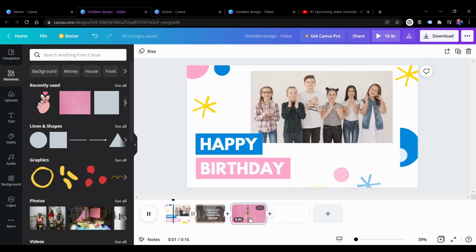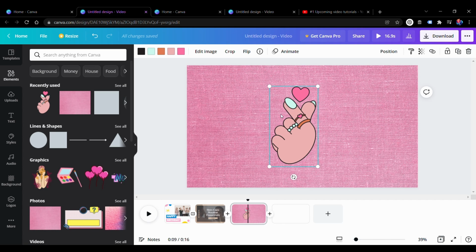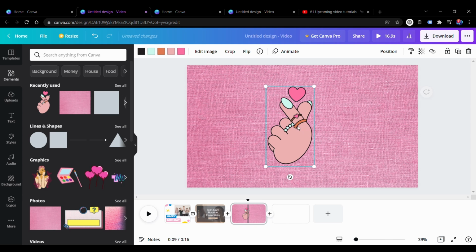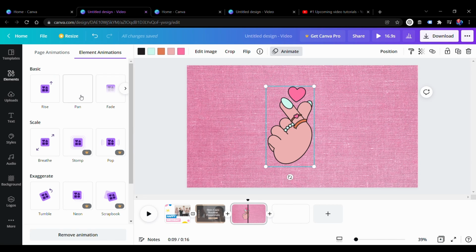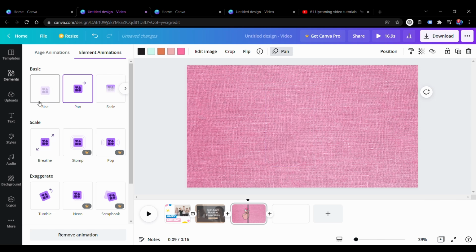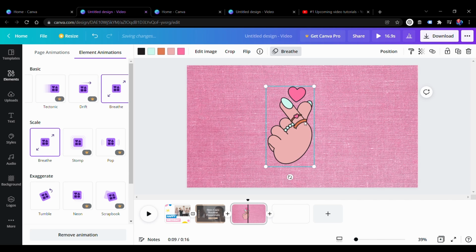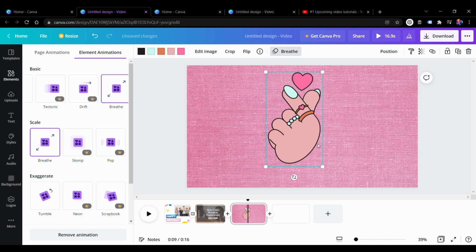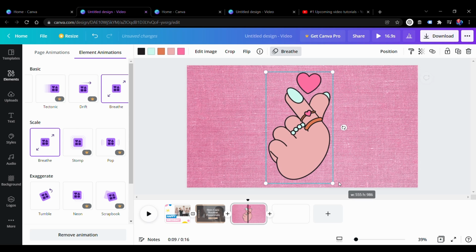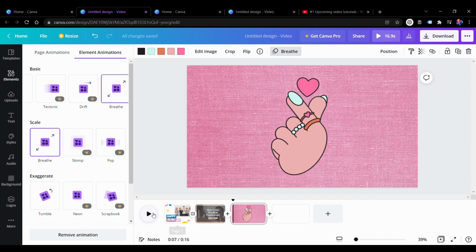So you can also change that. You can just select the image over here and select animate. Rise was the default one, I keep it breathe. I'll just increase the size furthermore. Yeah. So if we head over here and then we play it,